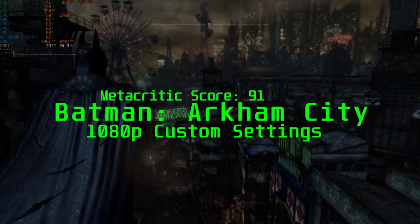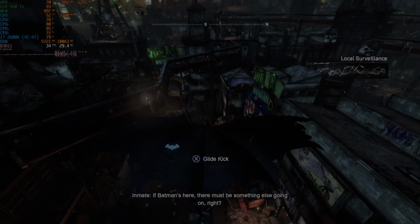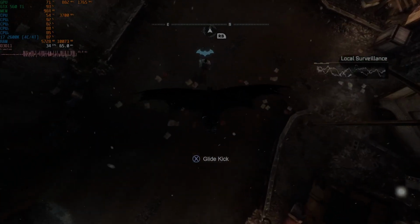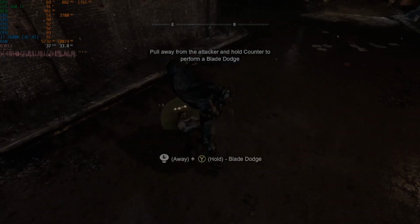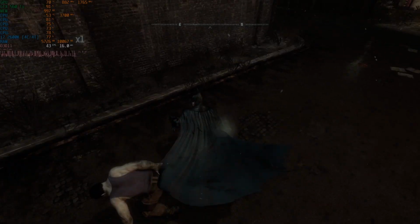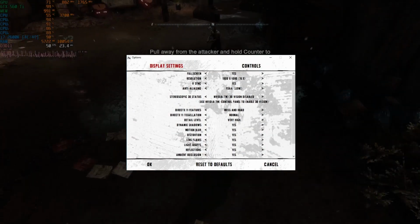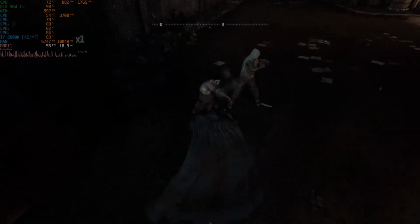Batman Arkham City was released in October 2011 and has a Metacritic score of 91. It's one I've actually finished, and I'm looking forward to Arkham Origins. I enabled the DirectX 11 features and tessellation as we have a DX11 card. Settings are on screen. Gameplay was mostly okay apart from a massive hitch while benchmarking that will have an impact